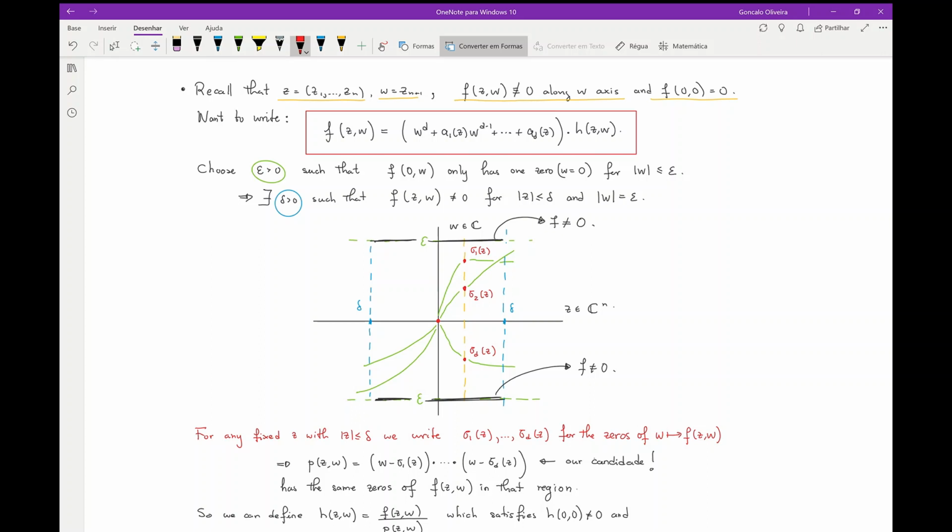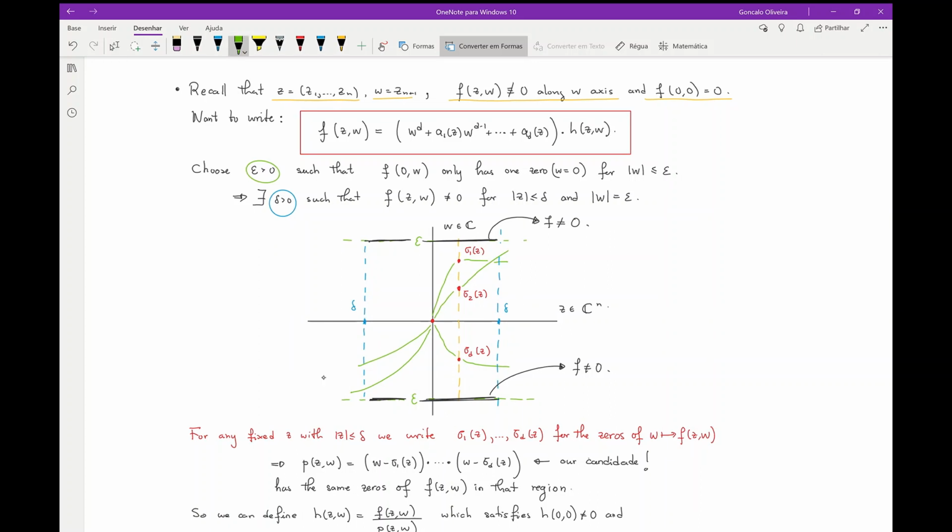Okay, so first of all, if I can pick my function to not be identically 0 along the w-axis, then I can pick a small enough epsilon greater than 0 such that f of 0, w only has 1 zero when w is less than epsilon, when the absolute value of w is less than epsilon. So this is basically saying that along this region here, and the other region below also. So basically it's saying that in all this region here, in that axis,